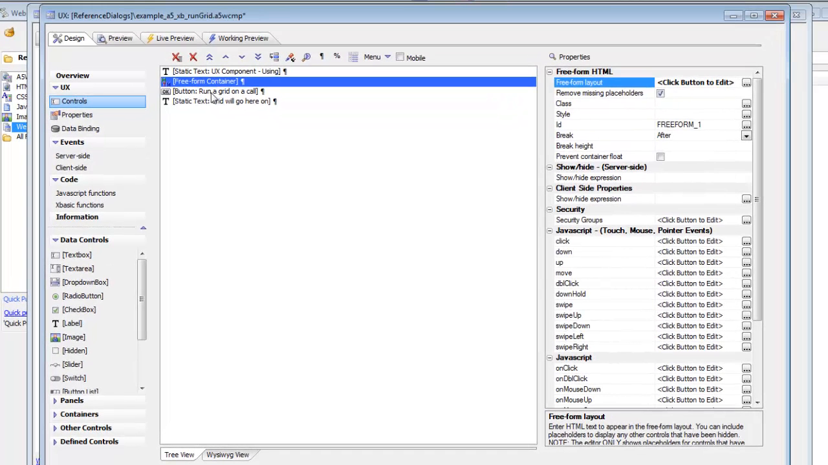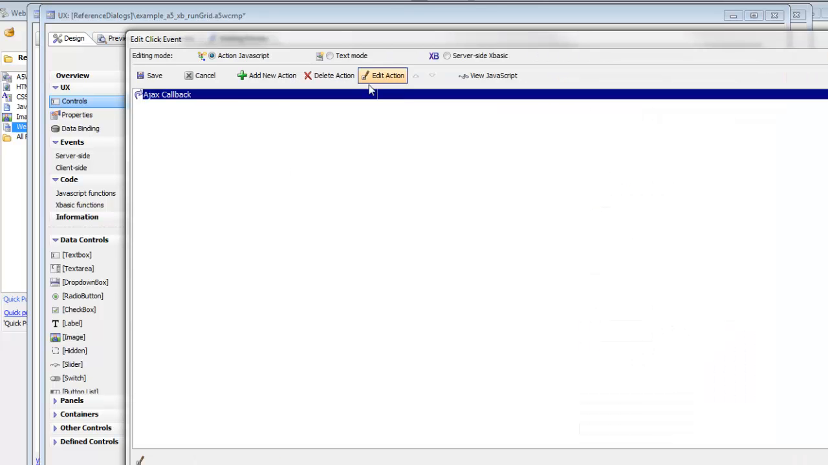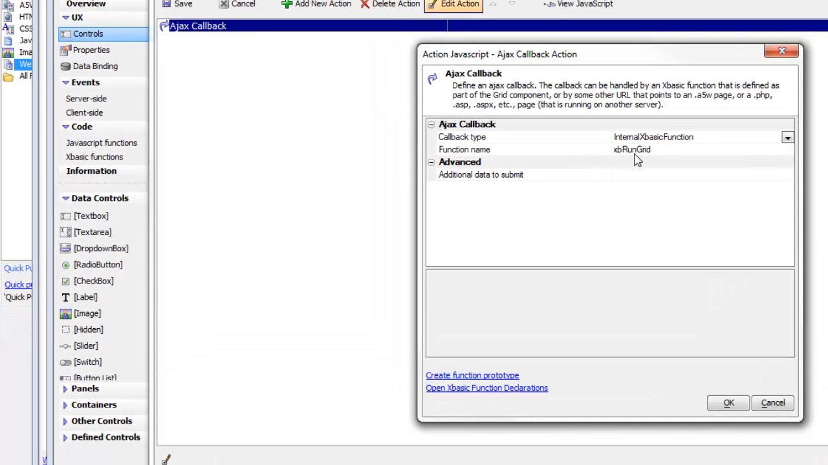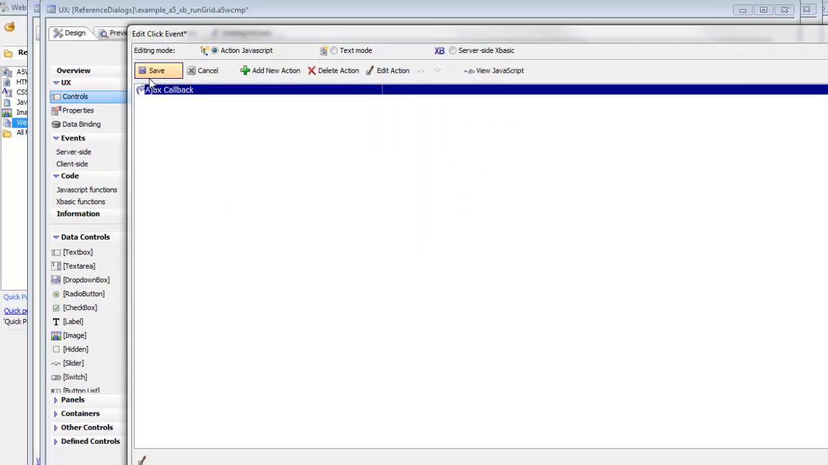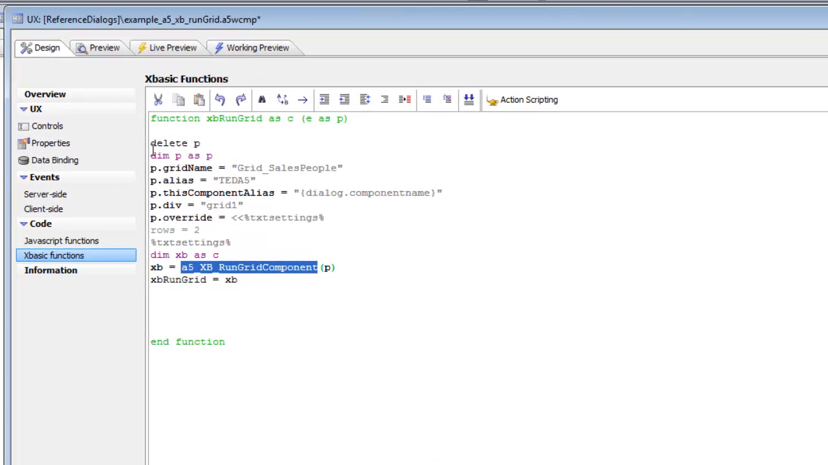So you can see here that we have a button on this UX component, and this button is doing an AJAX callback, and it's calling a function called XB run grid. If we go look at the function here, we can see that XB run grid has a very similar pattern to the code block. You can see here's our call to the run grid component function, and the only difference is that this time we've passed in a div which specifies the ID of the div where the callback should display the resulting grid